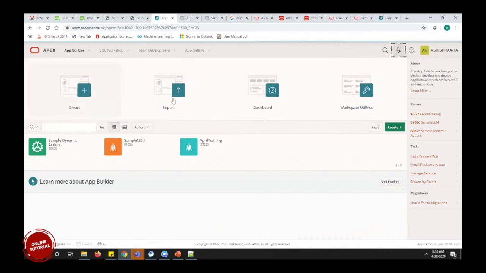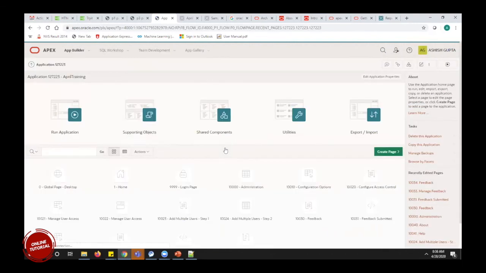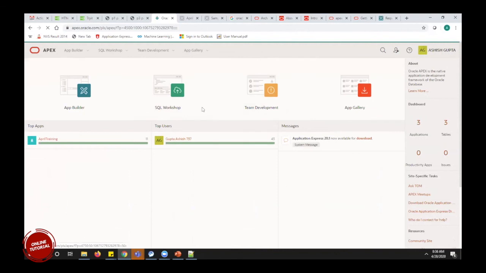Whatever workspace we have created previously, we will not have the privilege to create. We will only have the privilege to create an application and the pages inside the workspace. We'll have access to this page, but you cannot do anything here.